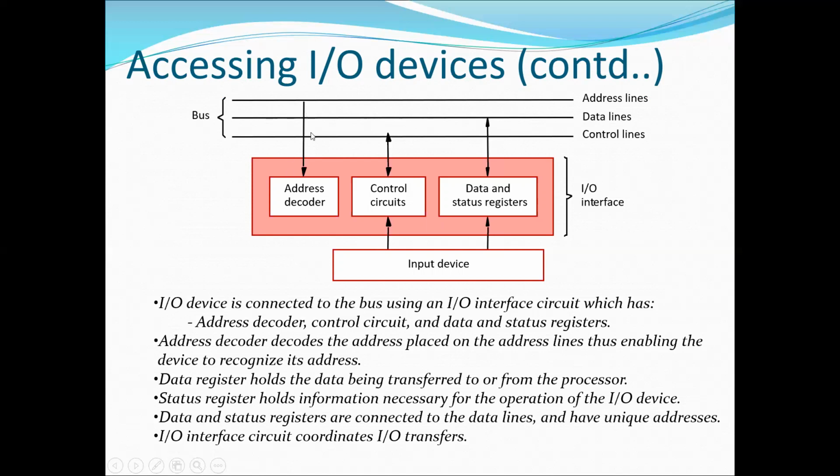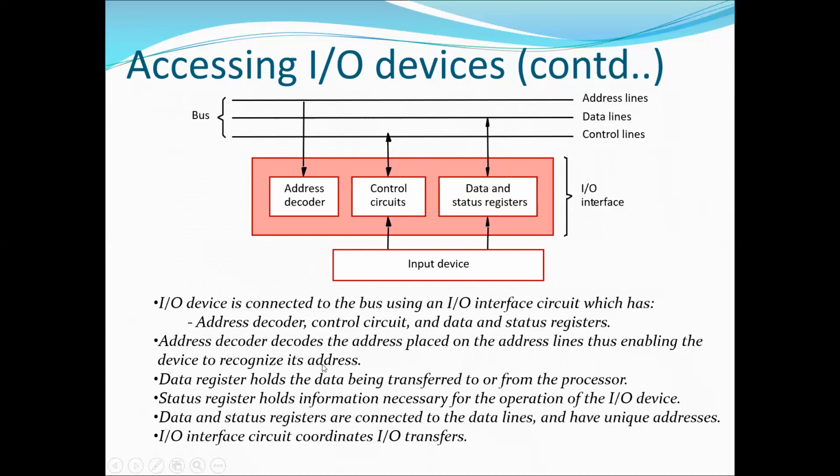Here the bus will only send the address to identify which IO device. The control circuit will give the control signals for read, write, and different operations. So the IO device is connected to the bus using an IO interface circuit, which has an address decoder, control circuit, and data and status registers. The address decoder decodes the address placed on the address lines, enabling the device